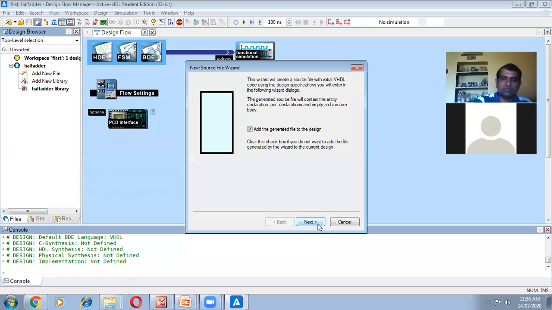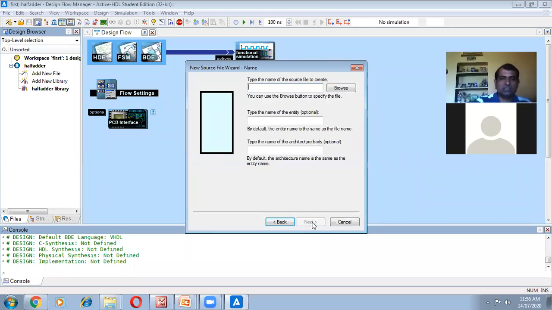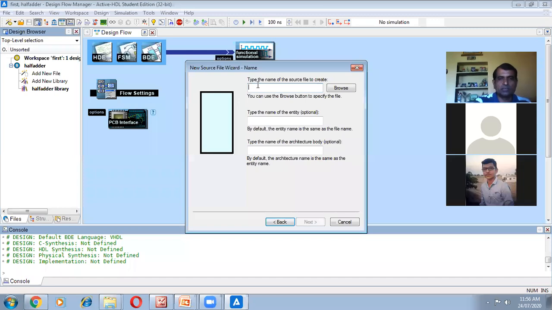We have to give particular names of identifiers or the entity name. Click on next here. Here it is asking to type the name of the source file to create. So let the name of the first source file be src1. I am giving this; you can give any other name. Type the name of the entity. Entity, suppose for half adder, HA. Type the name of the architecture body. Now, the architecture of entity HA. So I will write arc